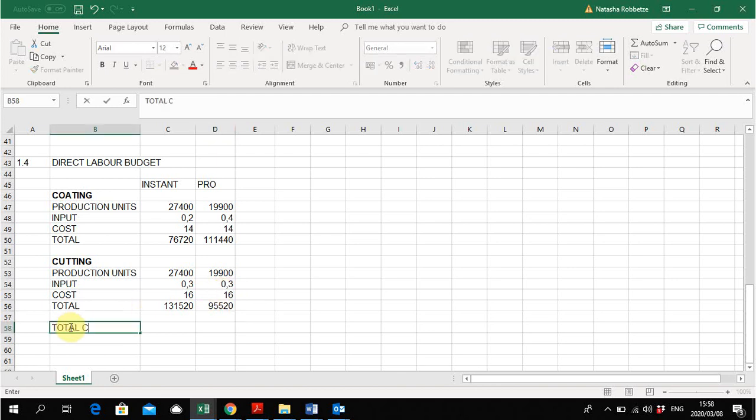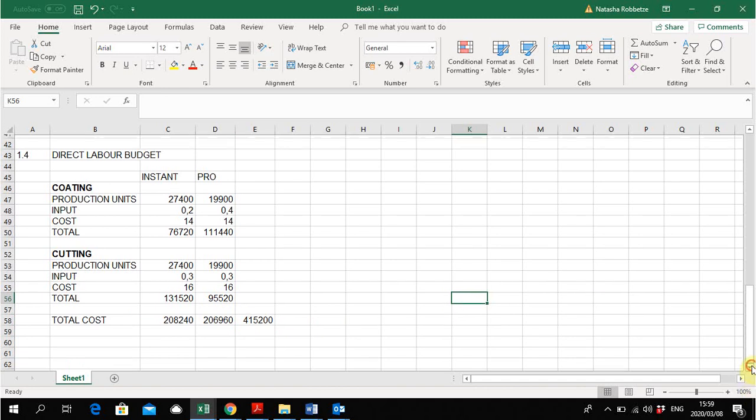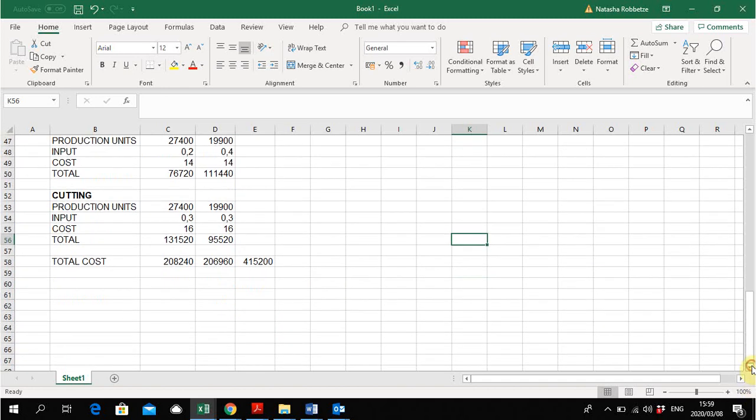Total cost then of both departments will then be the totals added together. And then finally, I will also add both of the products together to make sure that I do not miss half a mark. And that is our labor budget. 1.5,